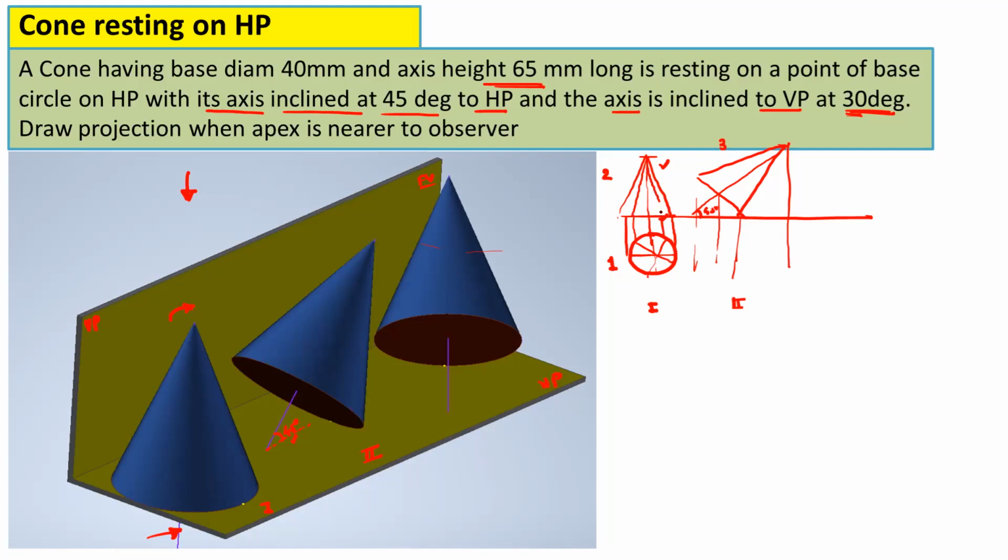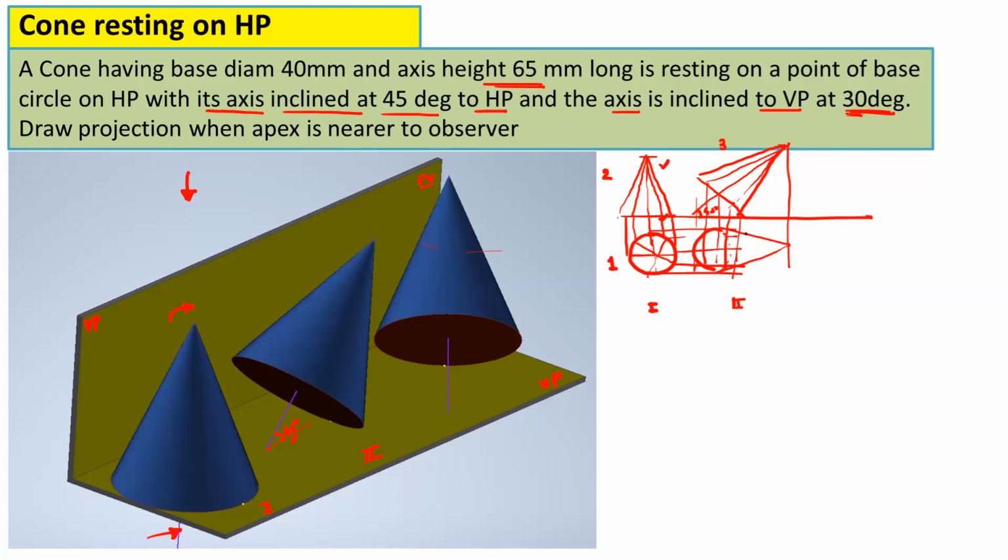Okay, so these generators, they are the imaginary lines on the curved surface of that cone. So similarly, draw these generators in the second stage front view and take the projection from these extra generators. Okay, now take the projections from the first stage top view and then find out their intersection points. And then you can complete that ellipse. So your top view, it will look like this.